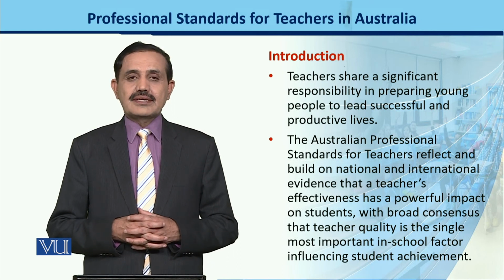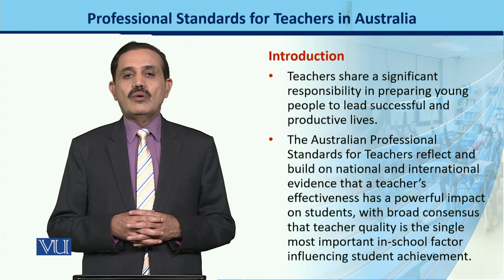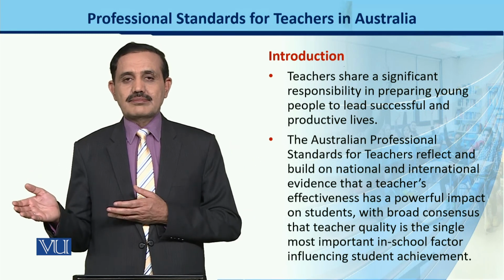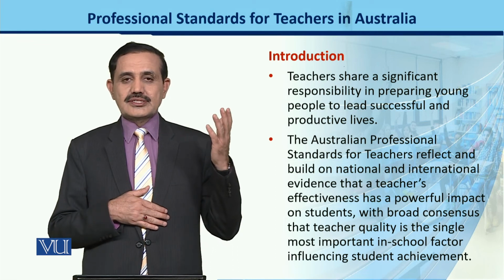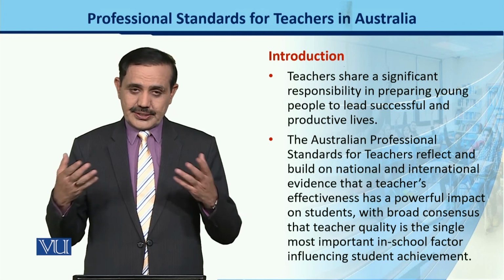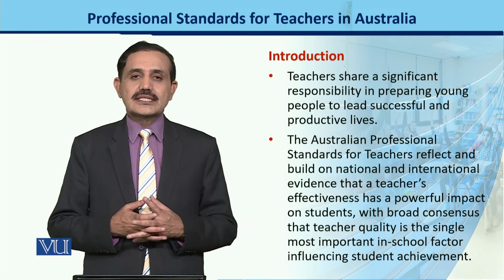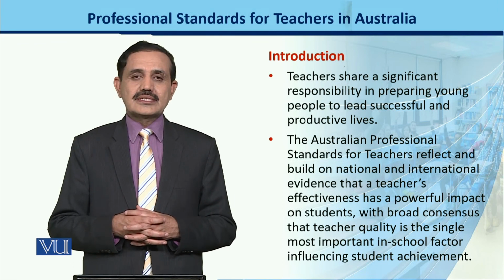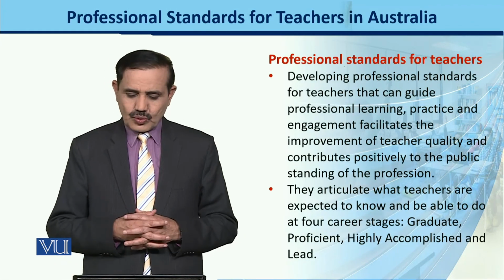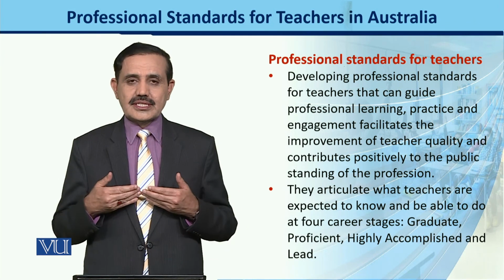So on the basis of the evidences nationally and internationally, on what basis we can say this teacher is the best one, this teacher is not the best one, his or her teaching is the accurate and the ideal teaching. If it is ideal teaching, what parameters and what quantifying factors are there on the basis of which the teacher is rated. Another way we can say that what are those things that are expected from the teachers at one